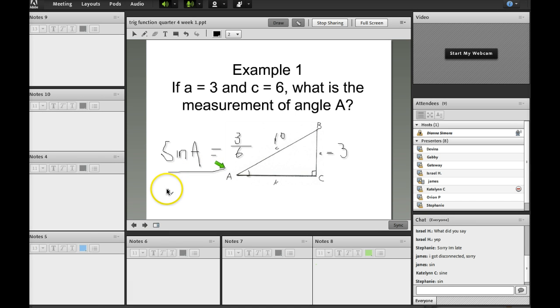So the way that we work this out is in a graphing calculator, so one of the TI-83s or 84s that either one of the labs have, there is a function, it's second sine, and it looks like this. That's what the button looks like. Sine inverse, this is what you're going to use, and then you're going to put in 1/2. It'll come up with one of those parentheses, and then you're going to close it, and then you're just going to press enter. And this is going to give you that angle A is equal to